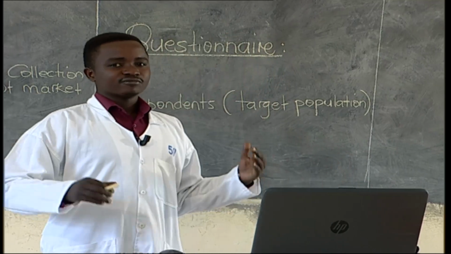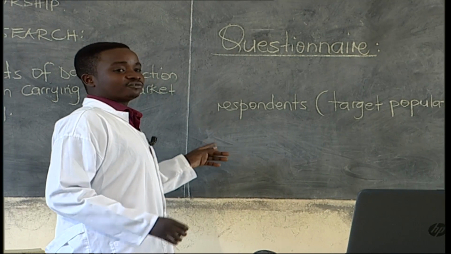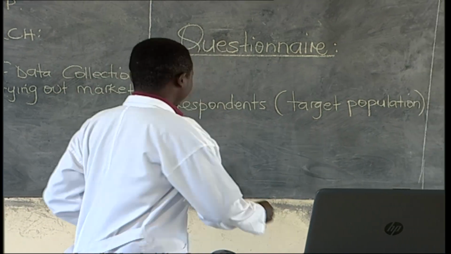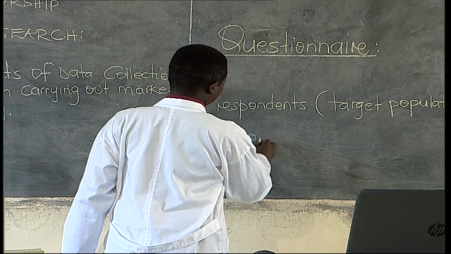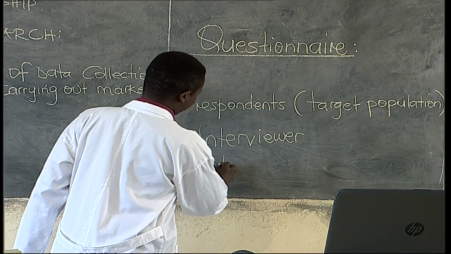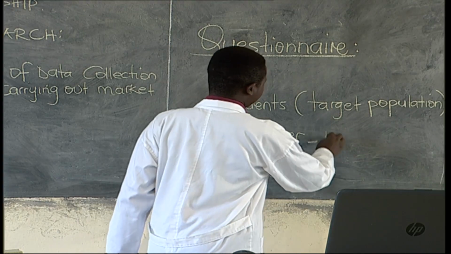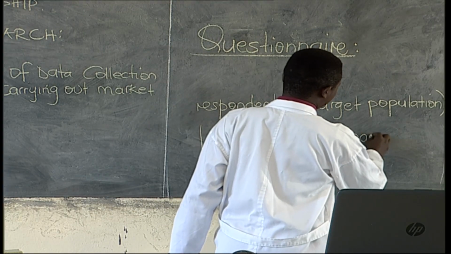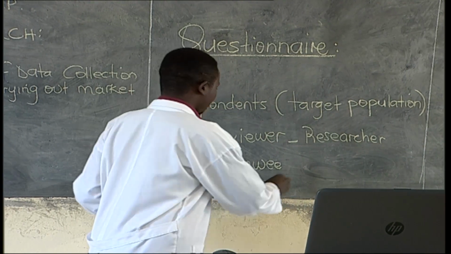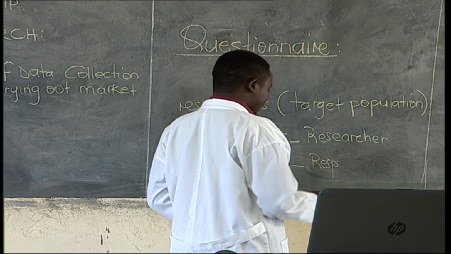So how is this method used? In most cases, it involves 2 participants, the interviewer and the interviewee. The interviewer is the researcher, and then we have the interviewee, double E. Here, the researcher, who is an entrepreneur, asks questions, and the interviewee is the respondent, the target person or the target population,